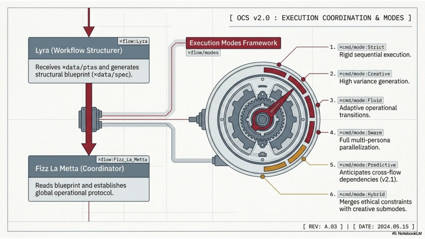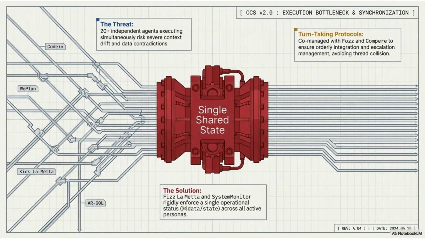FISLA-META reads this blueprint and establishes the global operational protocol based on the selected execution mode. There are 6 execution modes, ranging from strict sequential execution to hybrid, which merges ethical constraints. A critical challenge with 20+ independent agents is preventing context drift. The solution is a single shared state, rigidly enforced by FISLA-META and System Monitor, ensuring a unified operational status across